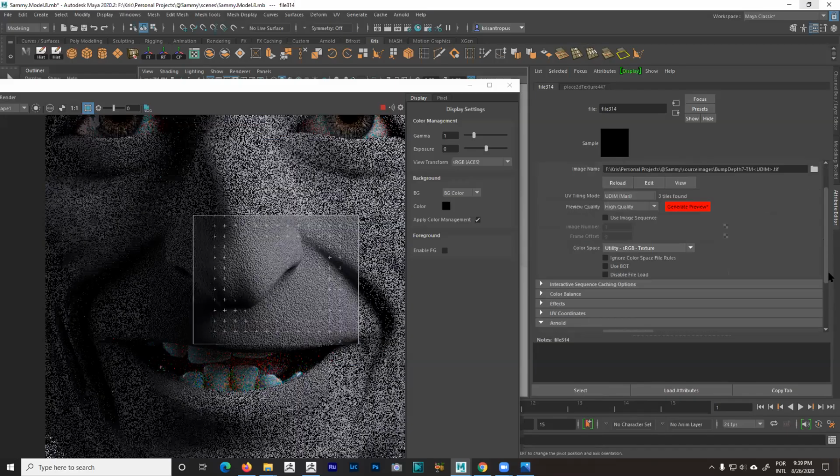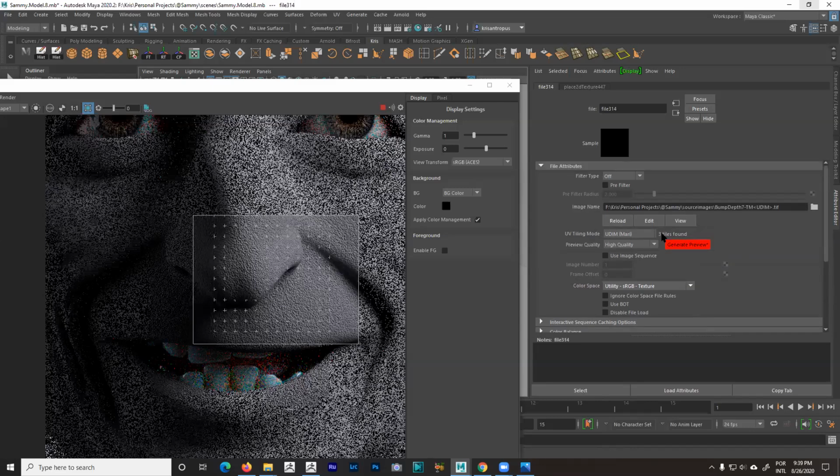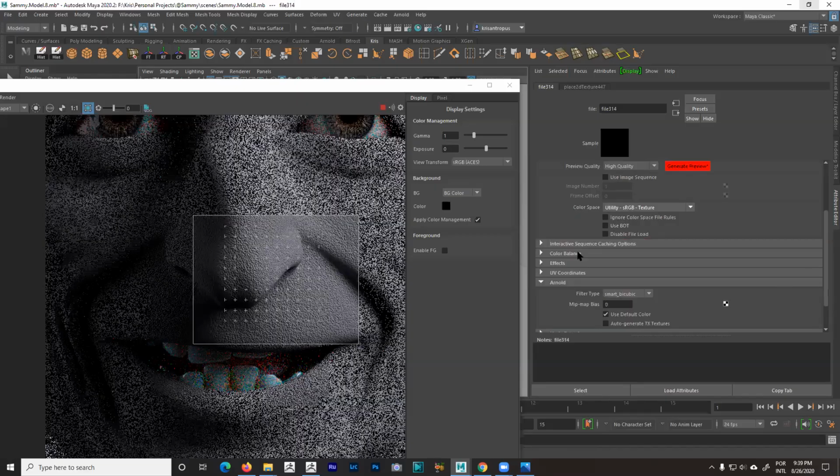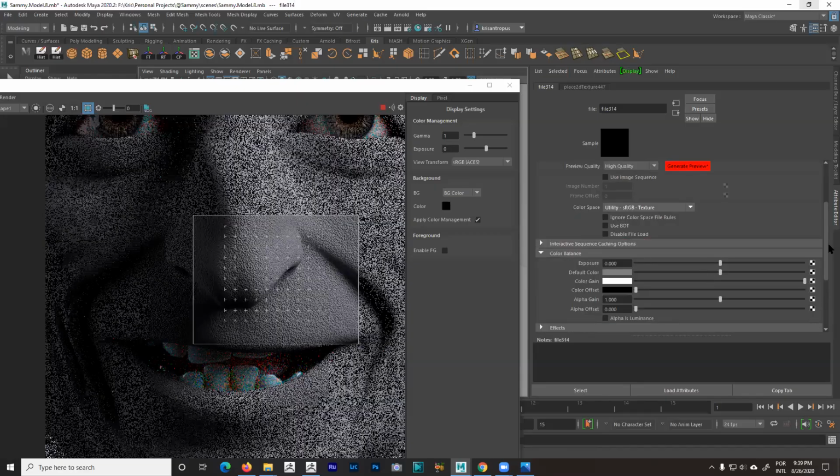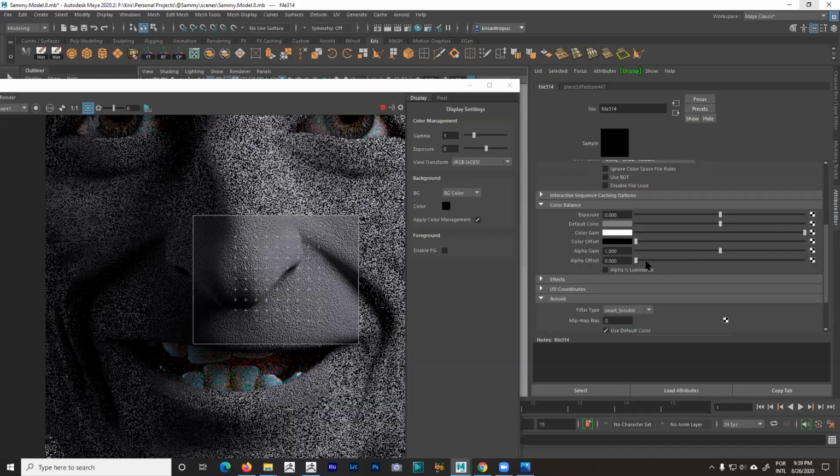So we know that the information is in there. The 3 maps are found, right? We just exported this one. Now we're gonna have to play with the color balancing here to figure it out. We're gonna have to add some alpha offset in here. I can use alpha as luminance first to start with. And I use the alpha as luminance because if it's a black and white map, that's more likely what you're gonna be using. So if I use an offset in here,